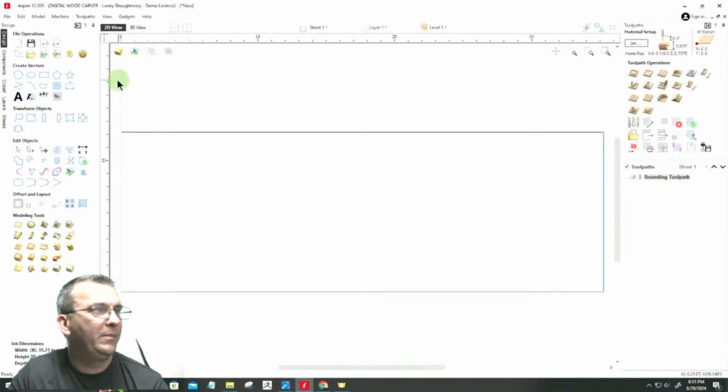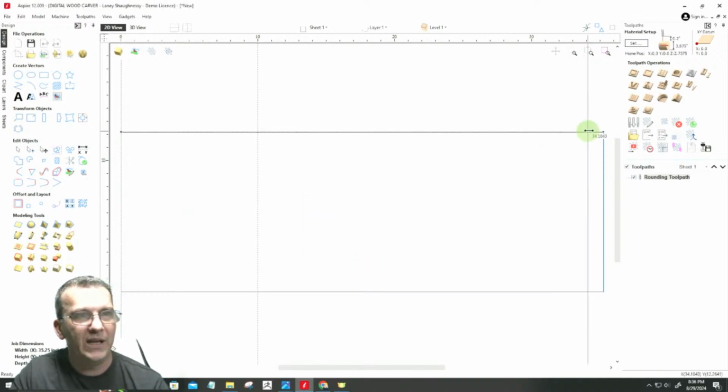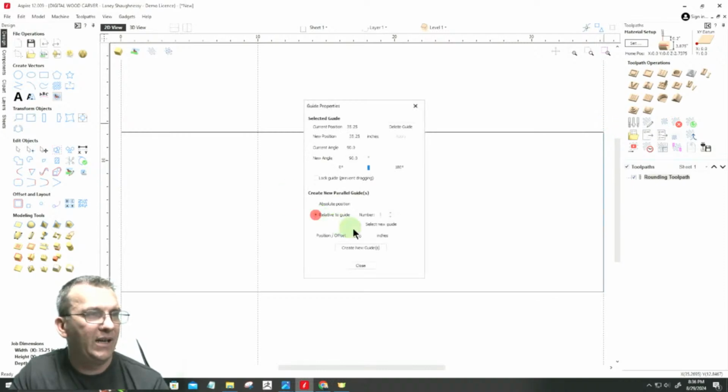And so I'm going to use my layout lines, my guidelines, and I'm going to come over here and create a guideline 10 inches over. And then I'll take another guideline, come down to the bottom and snap it there. And then we'll bring that up